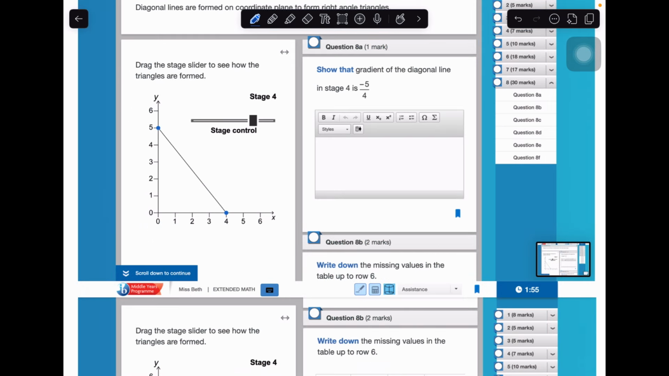Okay, we are on to the final question, which is question 8, our 30-mark question. This is, of course, going to be our investigation. So 8A,